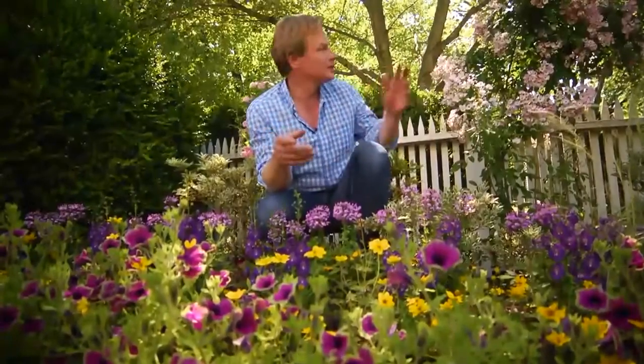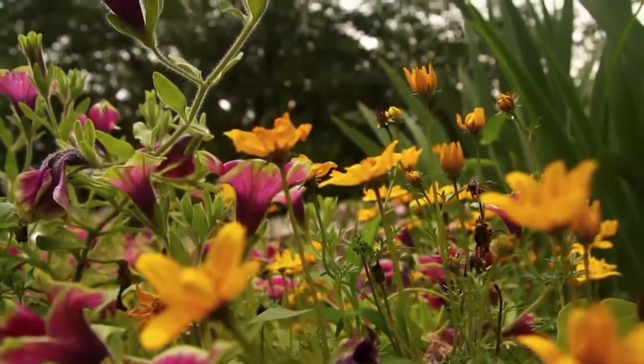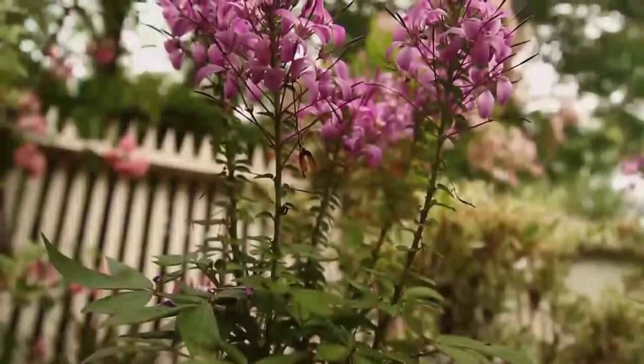You know, perennials and shrubs are the foundation of a garden. But when it comes to flower power and color, I'm telling you, it's really hard to beat annuals. For instance, in this bed in my garden, I wanted to give it that sort of cottagey feel, mix it all up. So I started in the back with some taller bloomers, like this little cleome called Senorita